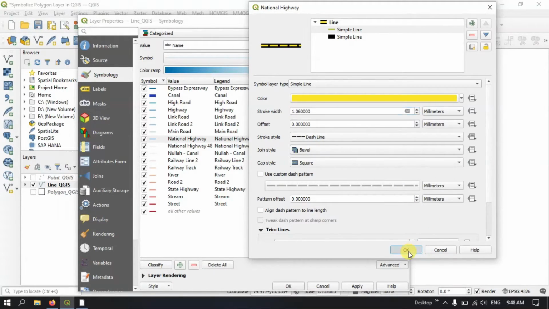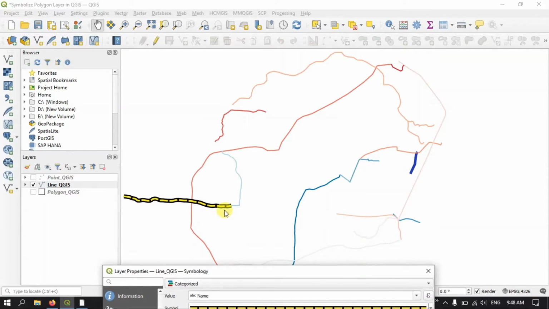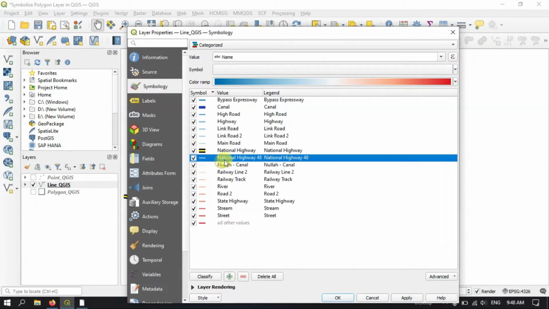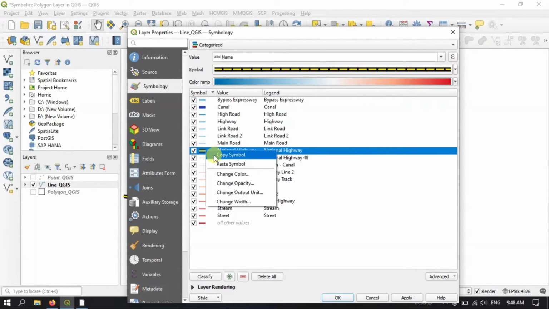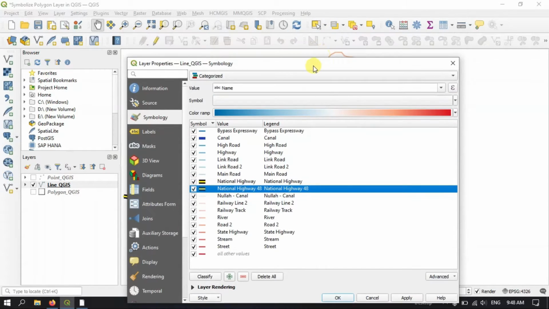and let me click OK. Now you can see here it has been changed accordingly. Let me show you on the map. You can see over here. So this is a national highway, and you can find another national highway here. You can just copy this symbol and paste it over here. Likewise you can do,